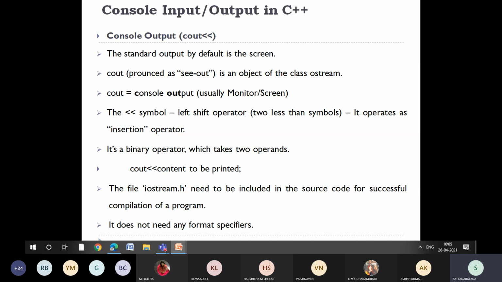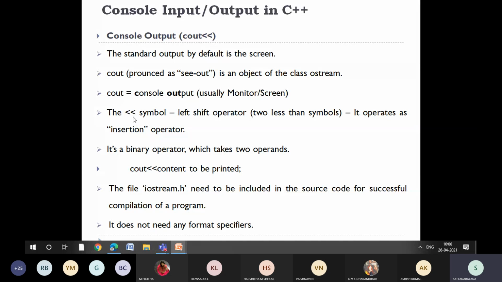Cout is the object we use to get the output on the screen or monitor, whatever you call it. Along with cout, we use the left shift operator, which works as an insertion operator in C++.